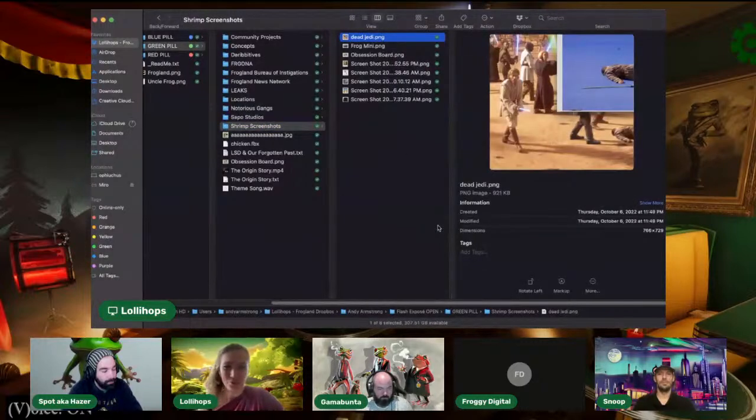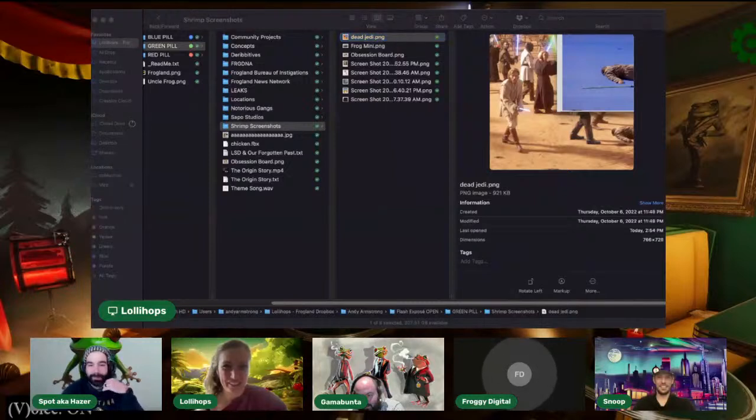And then, of course, we had to have some shrimp screenshots, which includes our very favorite shrimp as the dead Jedi. Hey, so that was him actually in Star Wars. Give us a zoom in. Yeah, get us in on the shrimp. I'm gonna say he looks an awful lot like Bigfoot or the Loch Ness Monster. I know the video you mean.